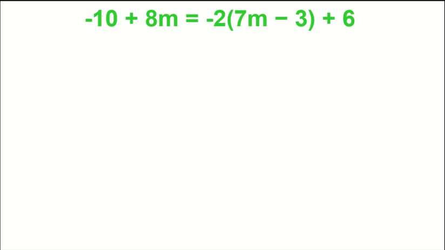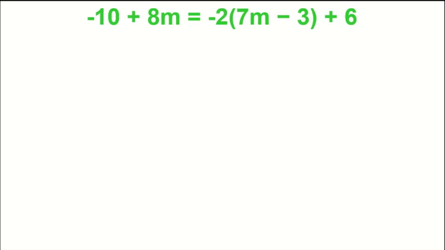All right, step one, we distribute. Some people forgot there's a negative in front of that 2. So when you distribute, you're distributing that negative sign also. So we have a negative 10 plus 8m